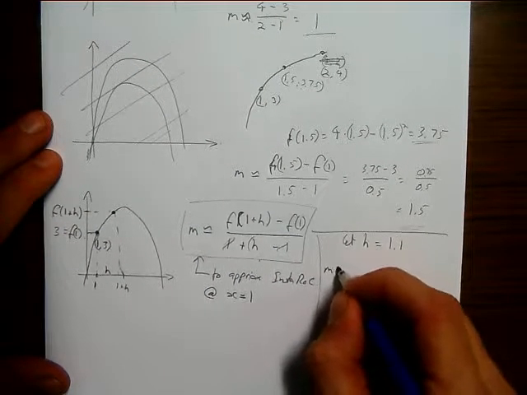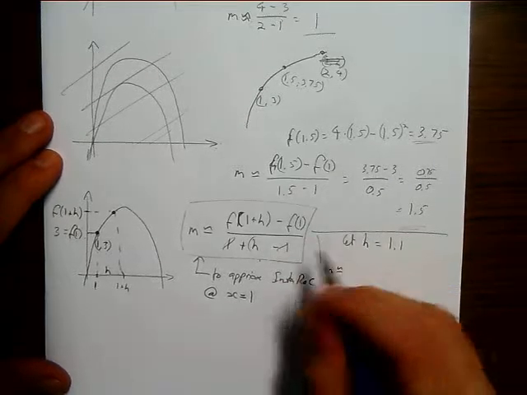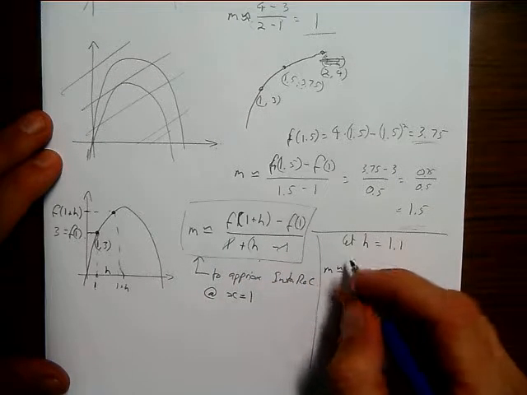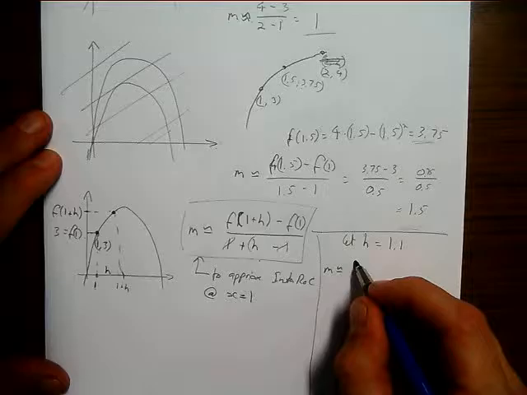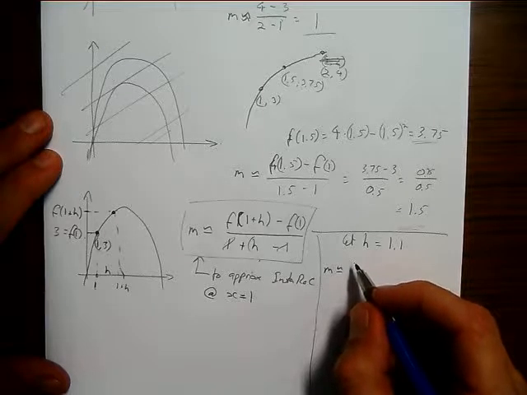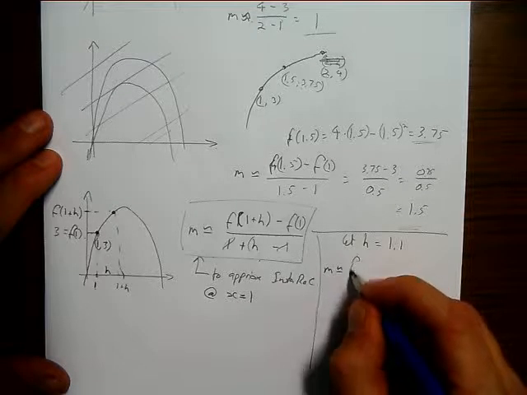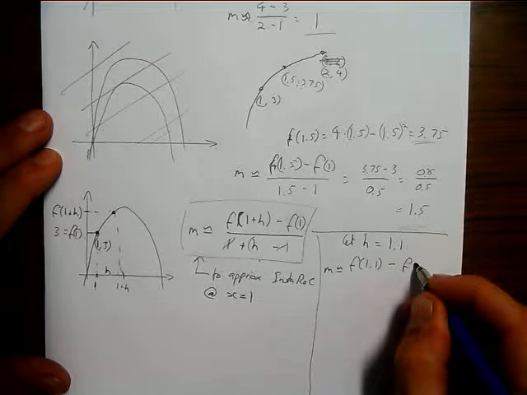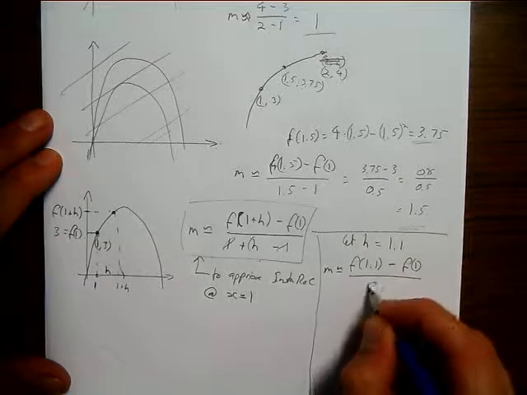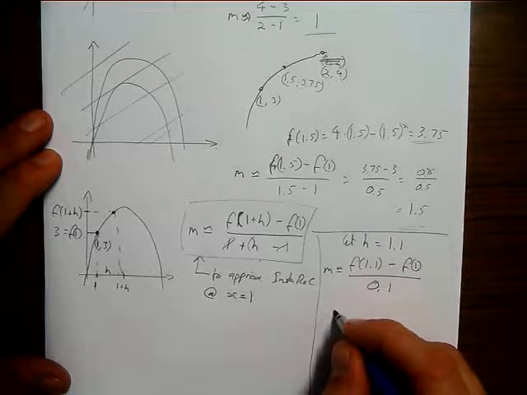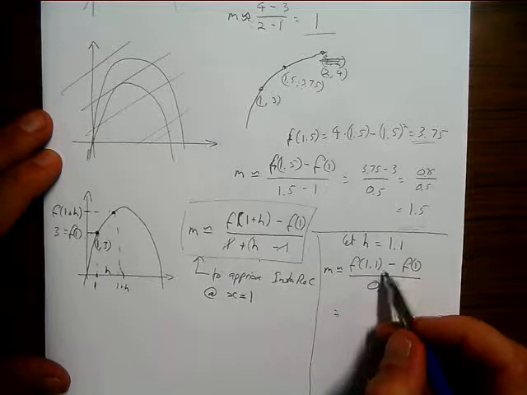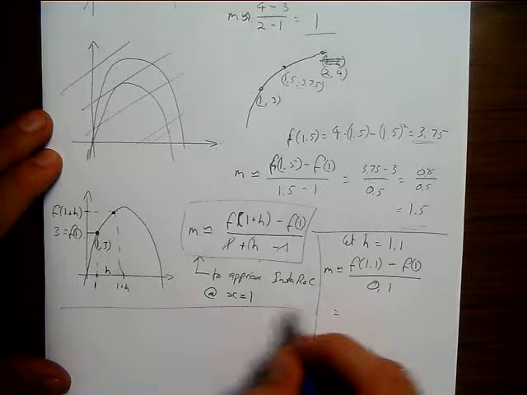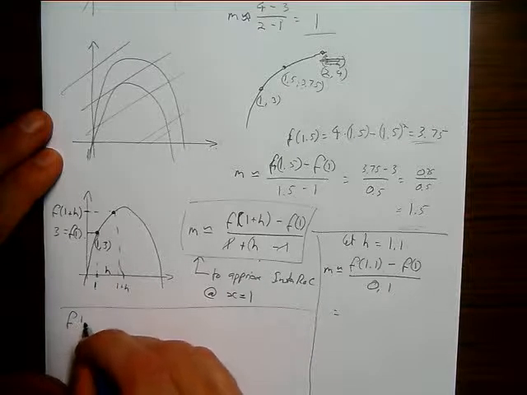So let's do m is approximately equal to f of 1 plus 1.1, so 2.10. f of 1.1 take f of 1 over 0.1. So f of 1.1 is, let's do it over here, f of 1.1